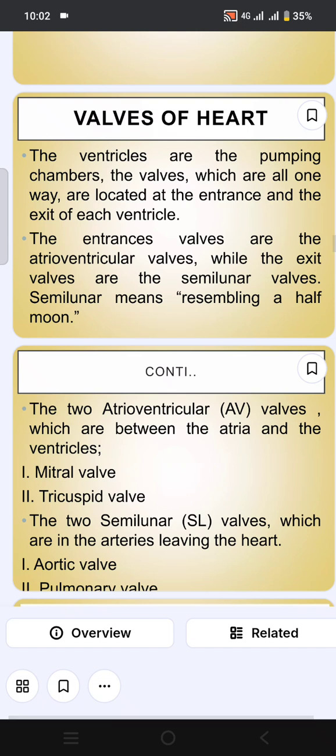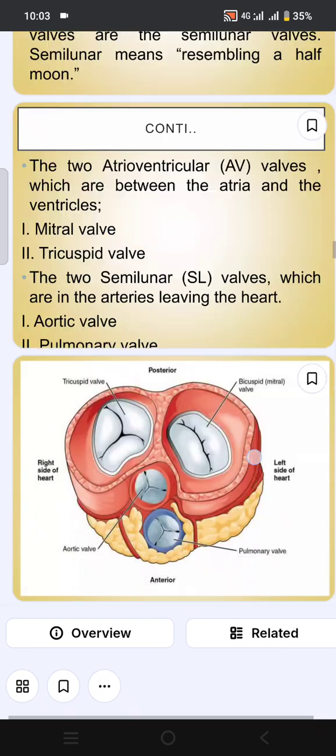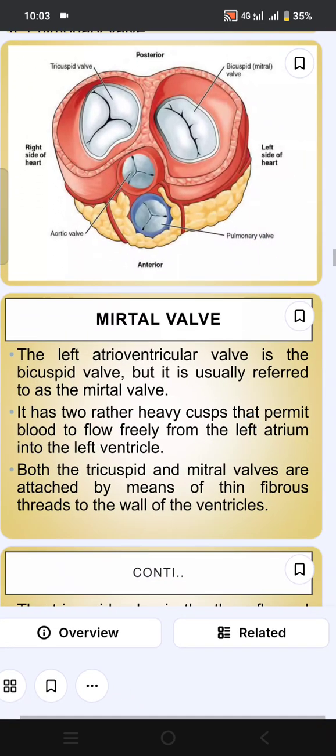The two atrioventricular valves, which are between the atria and the ventricles: mitral valve, tricuspid valve. The two similar valves which are in the arteries leaving the heart: aortic valve, pulmonary valve. Mitral valve: the left atrioventricular valve is the bicuspid valve, but it is usually referred to as the mitral valve. It has two rather heavy cusps that permit blood to flow freely from the left atrium